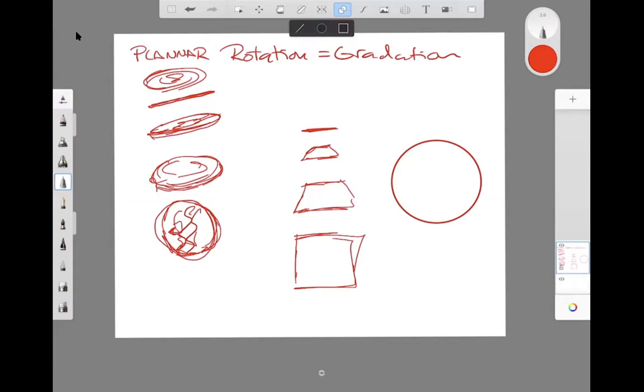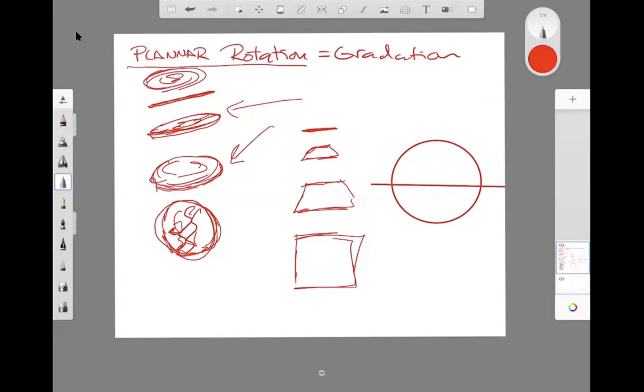So drawing a circle straight on, if we're just looking right at the circle and it's very much within our eye level, then we see the circle as this plane that's facing us. But then the circle starts to spin and turn, and then we get the planar rotation. So when we draw ellipses in space, we're thinking about this notion of the gradation that occurs as the object's relationship to us